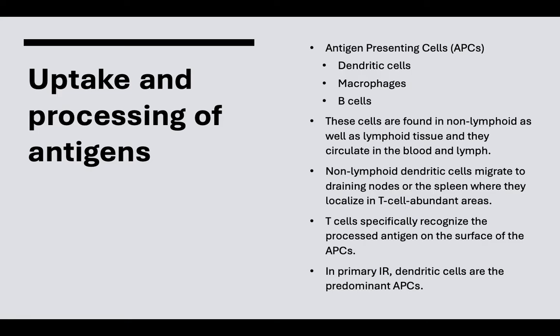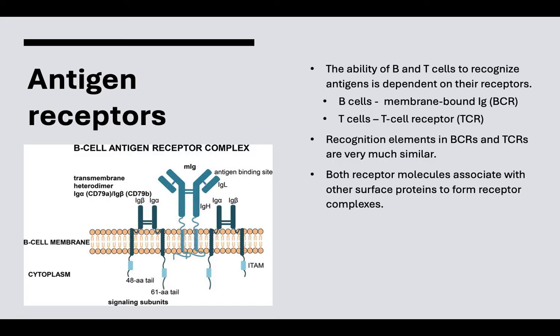T cells in these areas specifically recognize the processed antigen on the surface of the dendritic cell or the antigen presenting cell. And we expect that during this time, the event of antigen presentation will trigger the succeeding processes. Let's review how antigen is being processed and how it's being recognized. Antigen receptors are very important for the recognition of specific sensitizing antigens from the environment, from a microbial colonizing